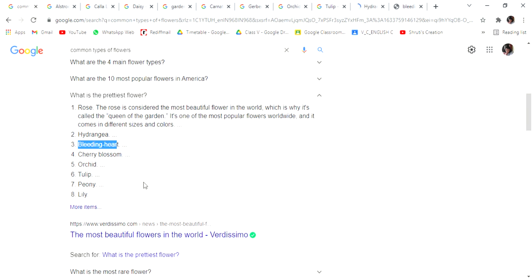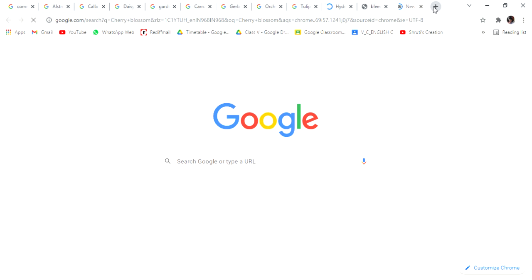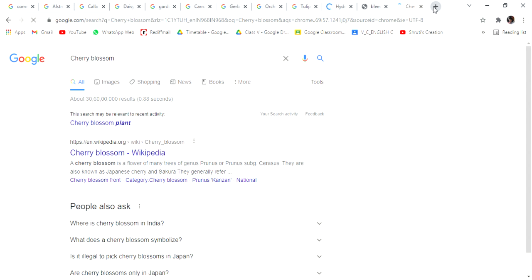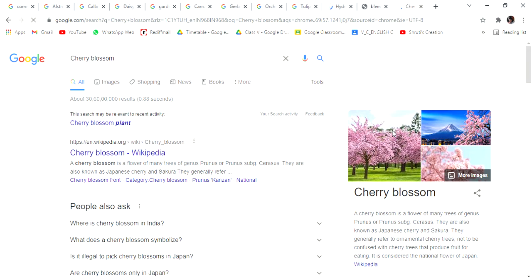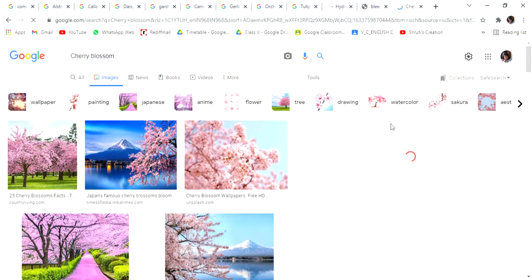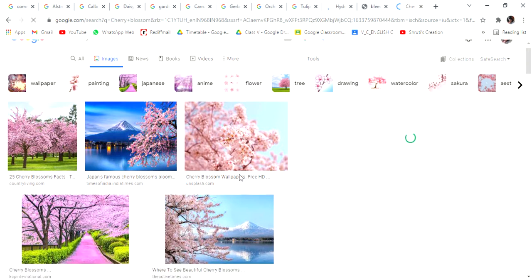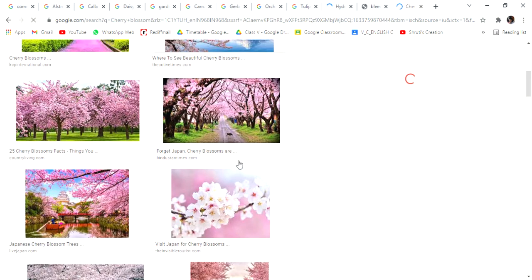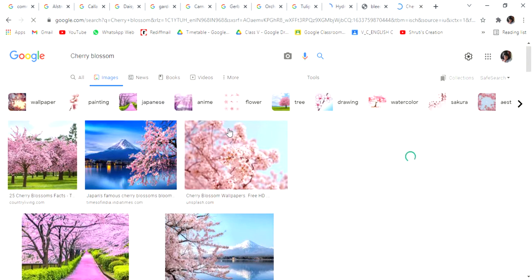So then cherry blossom. Cherry blossoms are actually a very common flower, especially seen in the spring time. If you search in Google spring, this cherry blossom will be coming first. It's a pink colored one. It's actually not a plant, it's a tree, and a very beautiful tree it is. So I hope you're learning the thing what you should learn here. And when you go to mountainous places, this cherry blossom flower is very nice there. Okay. It only has one color, and that is this pink color.